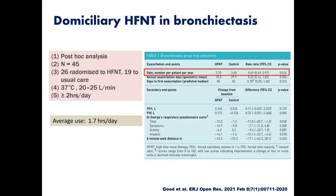I'll skip through these last couple of slides to leave a little bit of time for questions, but just to point out the main points,